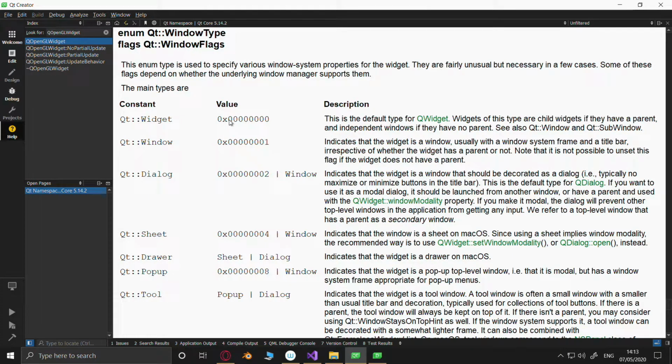We have: indicates that the widget is a window, usually with a Windows system frame and a title bar, irrespective of whether the widget has a parent or not. Note that it is not possible to unset this flag if the widget does not have a parent. Oh my god.